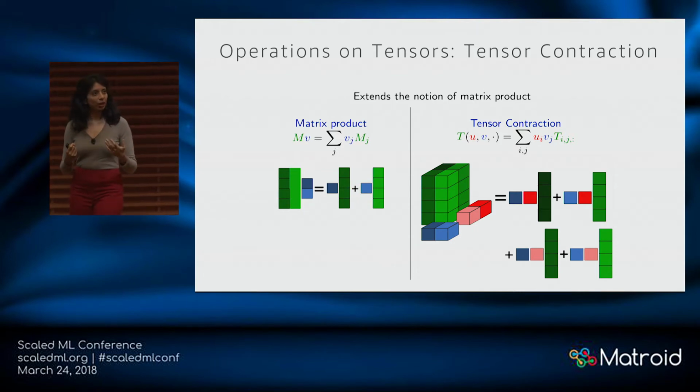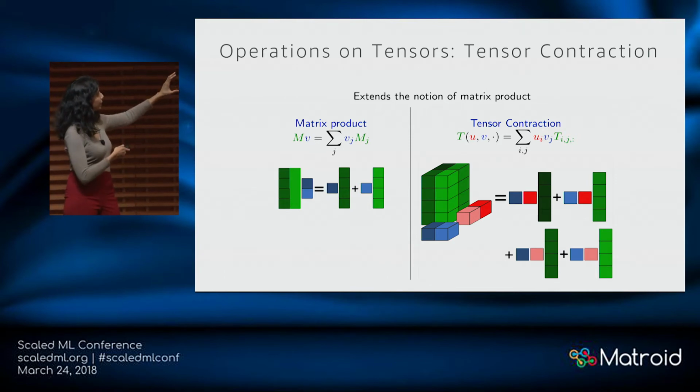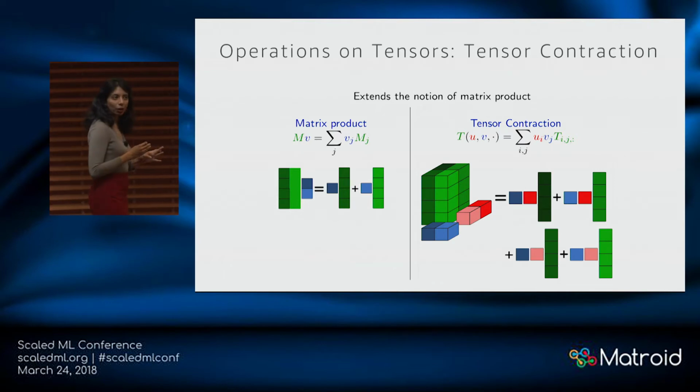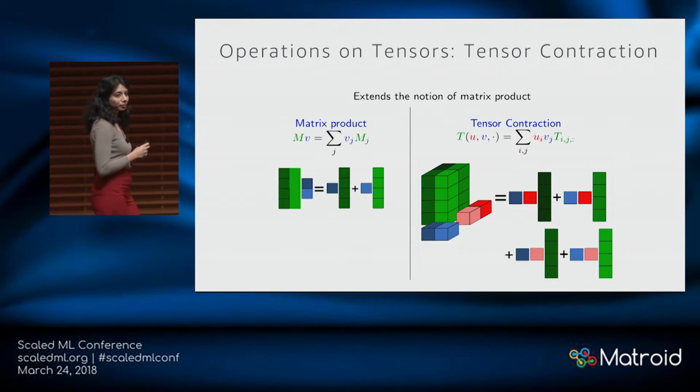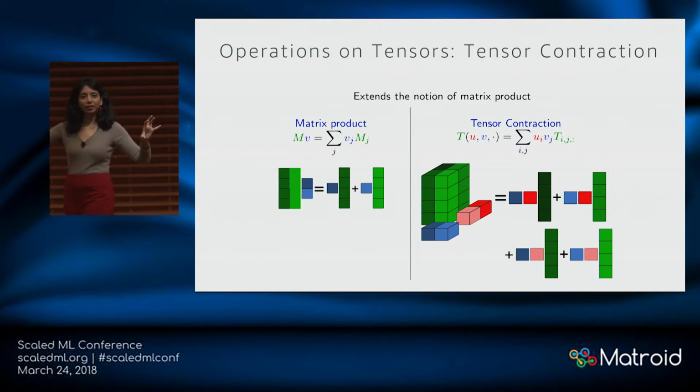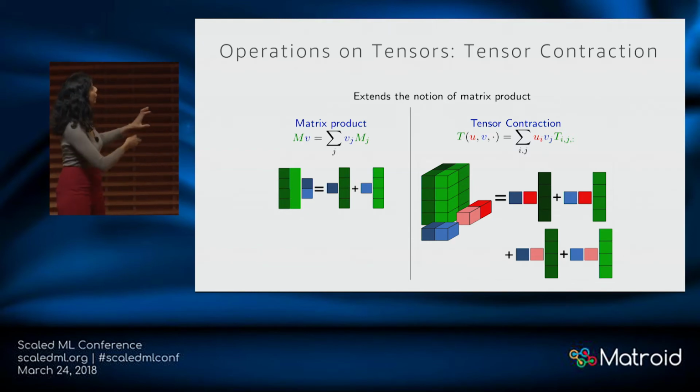And similarly, now if I want to multiply a third-order tensor with, say, even multiple vectors, I can multiply vectors along two of its dimensions. What I'm doing now is taking multilinear combinations of what I call fibers, right? So they are columns of each of the matrix slices of this tensor. And similarly, now I can manipulate the tensor. More generally, you can transform any given tensor to a new tensor through these contractions. These vectors, in general, could be matrices. You can multiply them in different dimensions. You can contract them in different ways.